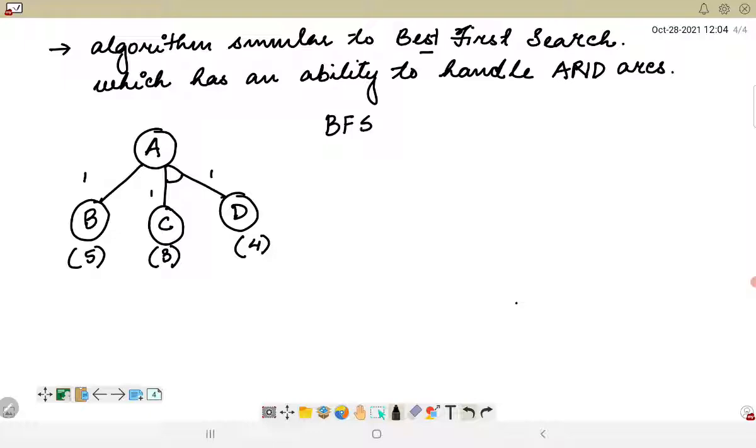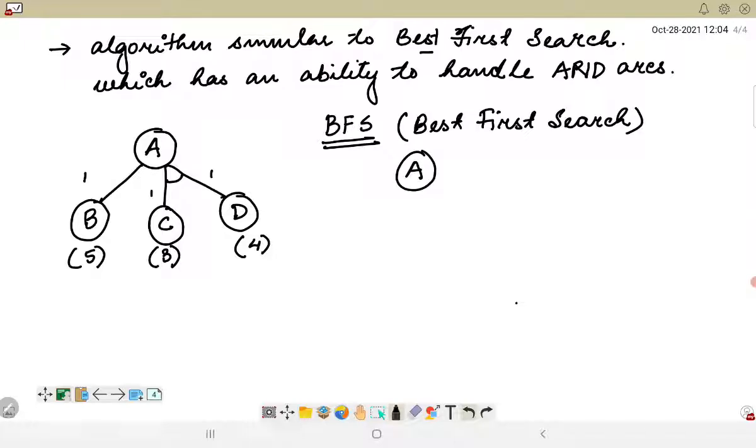Okay, best first search approach. What happens here is, best first search, it is BEST. I'm talking about informed search, so we will talk about best first search here. If you are considering the best first search here, initially A will be the top node, which will be expanded, producing two arcs, one leading to B and one leading to C and D.